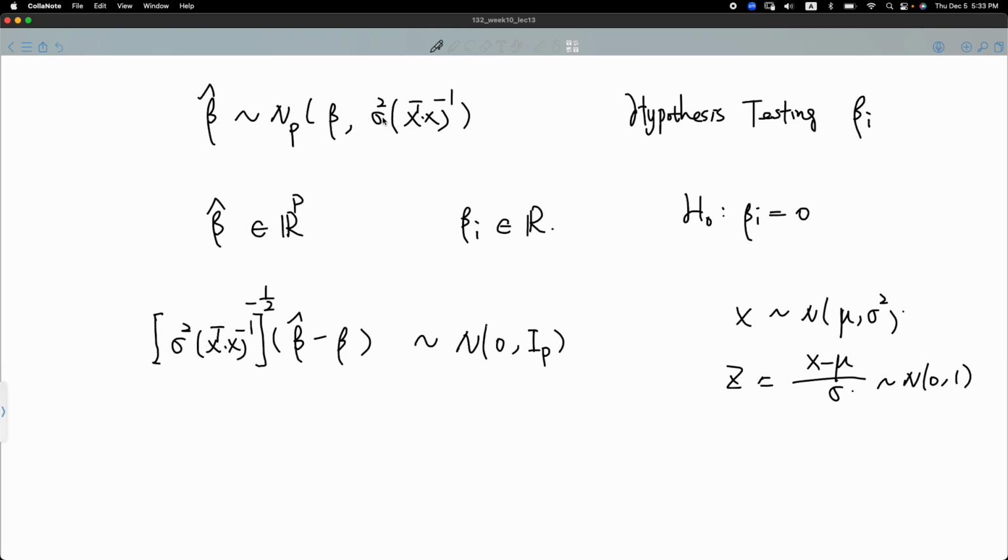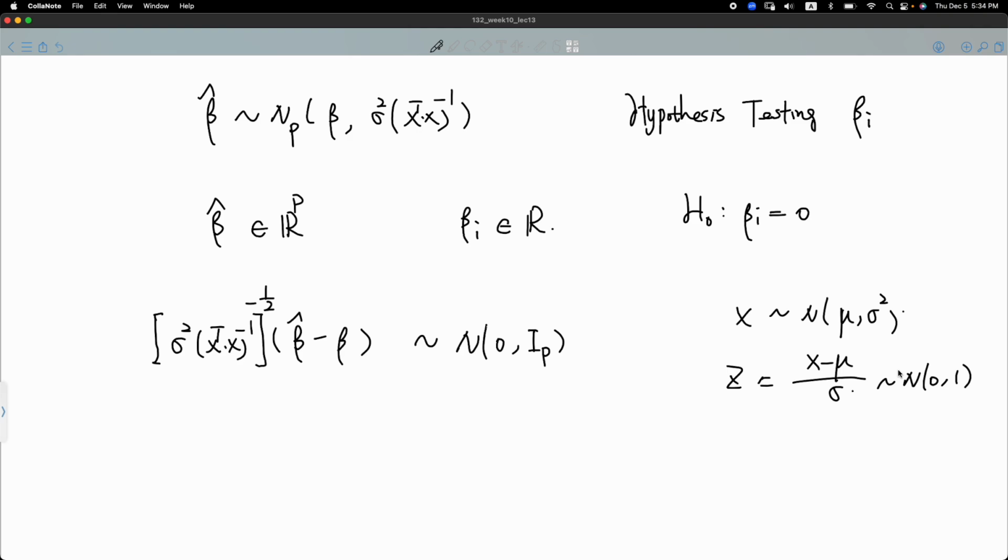And here, because these are all p-dimension vectors or p by p matrices, you need to use the vector matrix notations to perform the standardization. But essentially, it's still the same idea. You have the random variable minus the mean value, and then over the standard deviation. But for a matrix, you need to raise to the power of negative 1/2 to make it the square root of that, and also place it in the denominator. So this is just a matrix vector notation for the standardization,